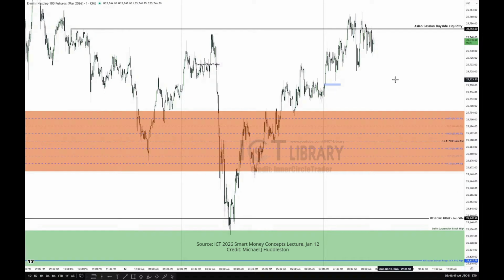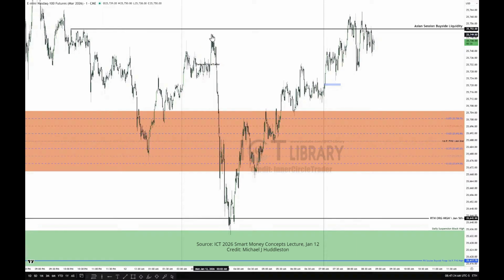Now, just because we have a level that we anticipate may act as a draw on liquidity because it's a relative equal high or relative equal low, don't marry the idea. Be aware that that might not be accurate for the session that you're watching. It may use it later on. For instance, like London here, you may have looked at this area and said, look, this is the first present fair value gap. It's 2 a.m. Let's trade it and then reach for these smooth highs. And it just falls short.